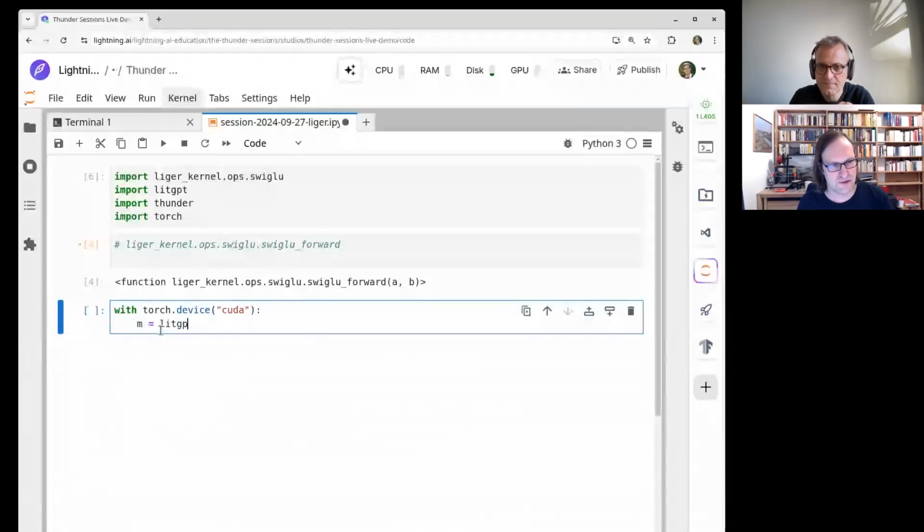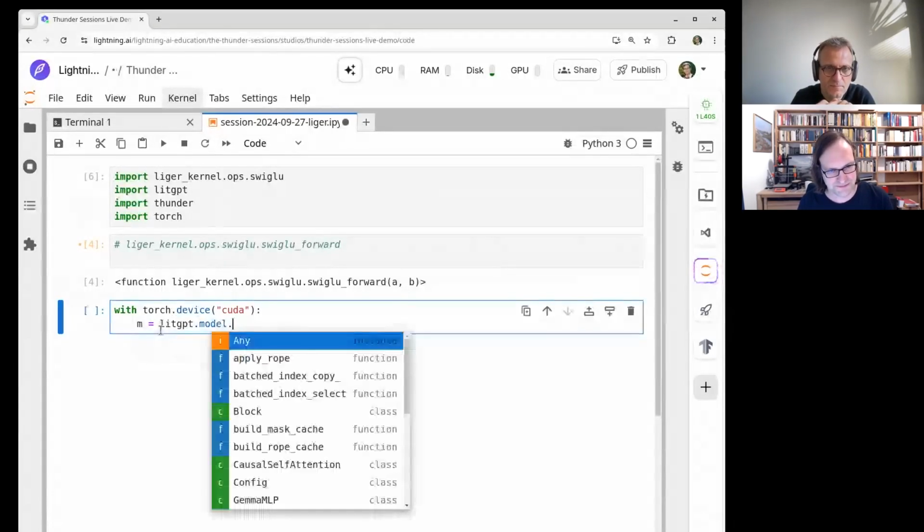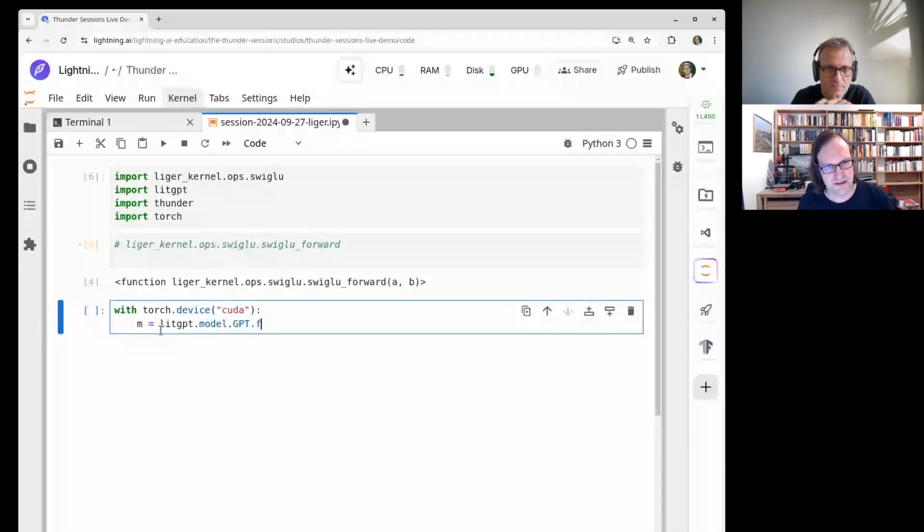This could be a LitGPT model, and we can instantiate it from name. Now we need to know the name for the Llama. So let's see if I can get it right.